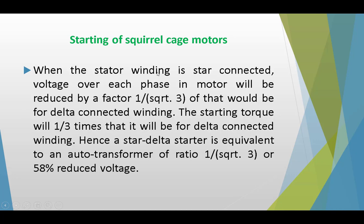When the stator winding is star connected initially, the voltage over each phase of the motor will be reduced by the factor 1 by square root 3 of what it would be for a delta connected winding. The starting torque will be 1 by 3 times what it will be for delta connected winding. Hence, a star delta starter is equivalent to an auto transformer of the ratio 1 divided by square root 3,